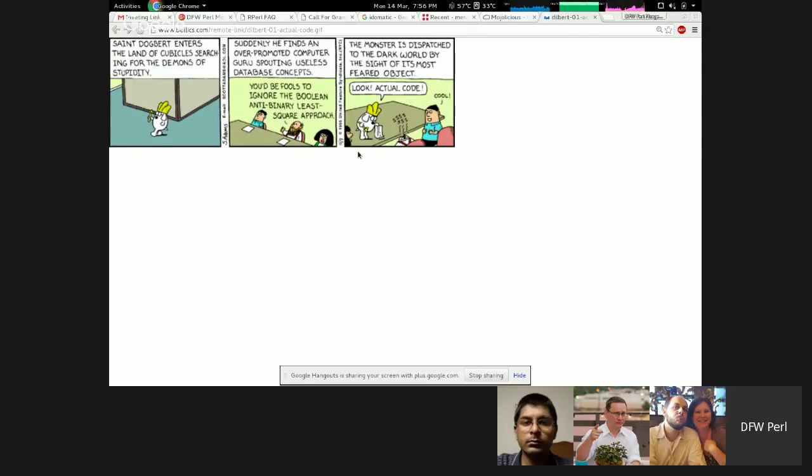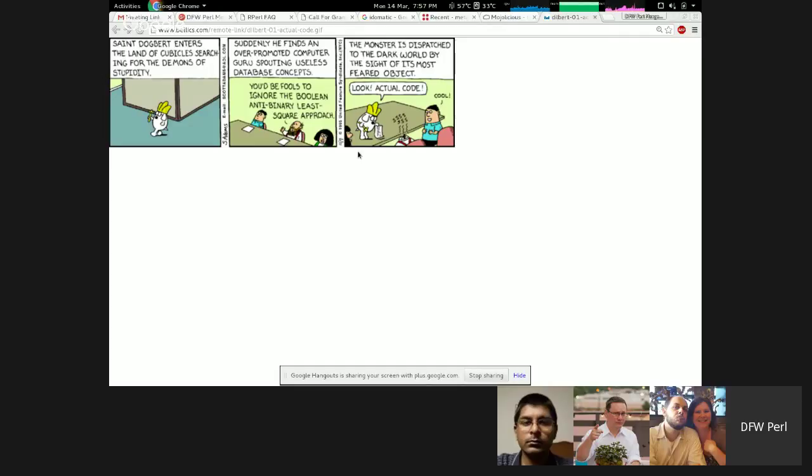St. Dogbert enters the land of cubicles, searching for the demons of stupidity. St. Dogbert now? He's a saint. Suddenly he finds an over-promoted computer guru spouting useless database concepts. You'd be fools to ignore the Boolean anti-binary least square approach. We've never worked with anybody like that before.